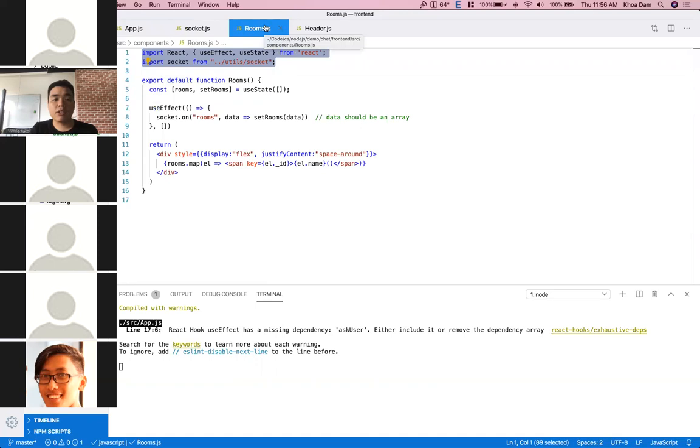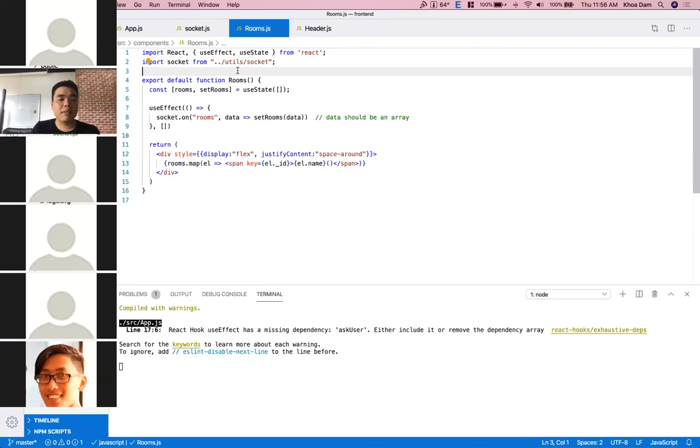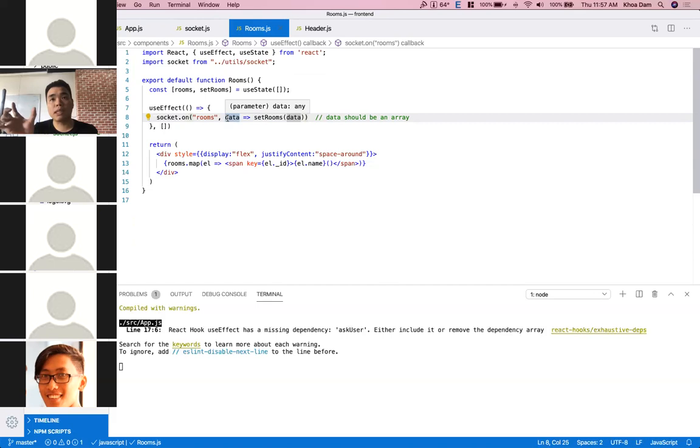And after that, inside the rooms component, just like normal React, nothing new. You call an API, kind of like call an API here, but you listen to the rooms event. So whenever you connect to the server, it will trigger a rooms event, and then on the client you have to listen to that event and receive the data from the backend side. The data here is supposed to be an array of rooms, and then you set the state when you receive the data. Okay. So now rooms here will be a list of rooms, and then you map it,